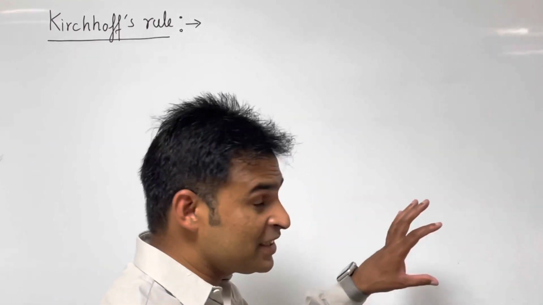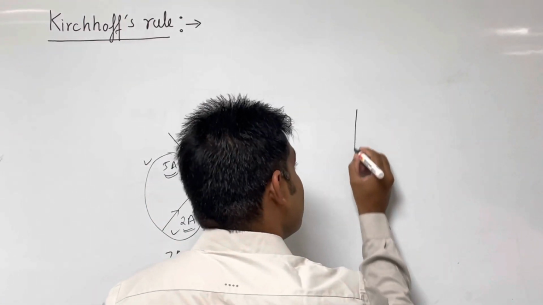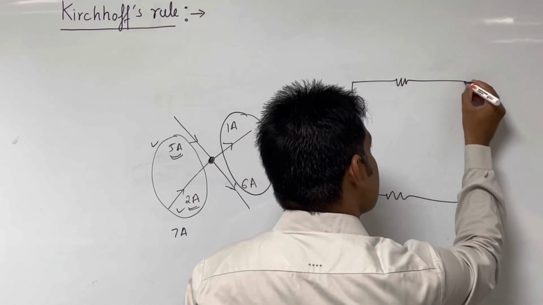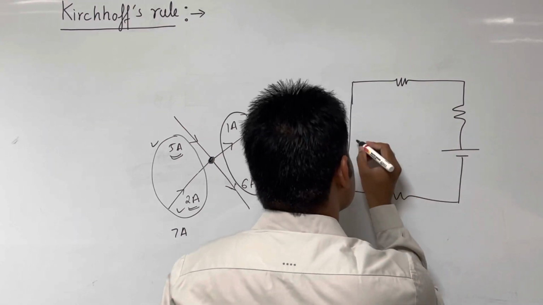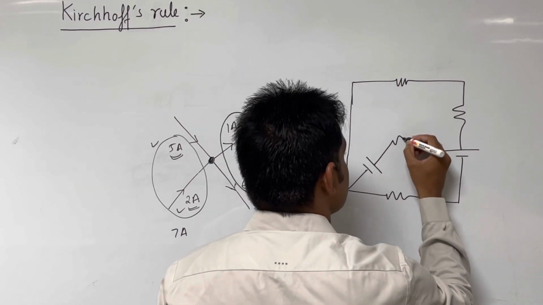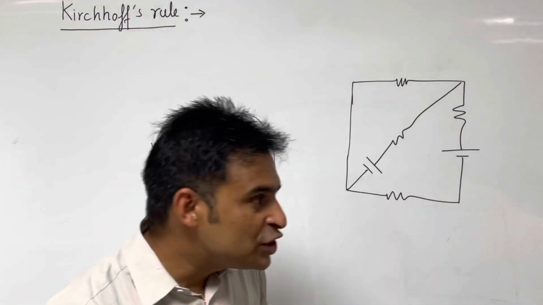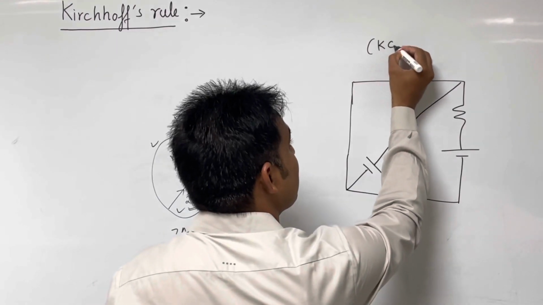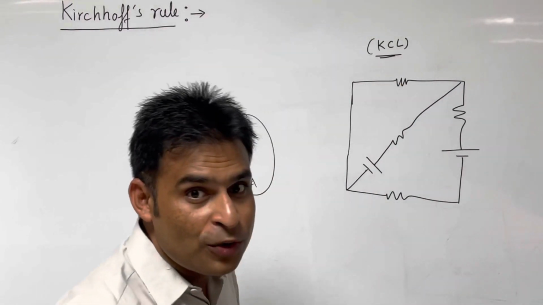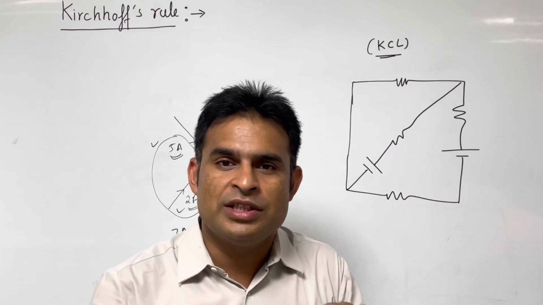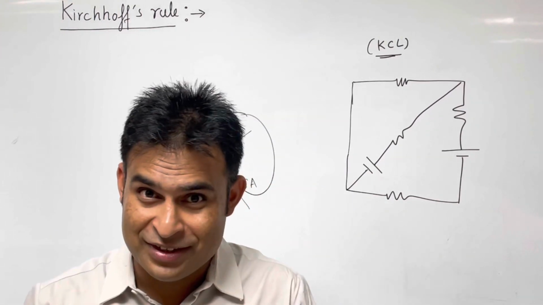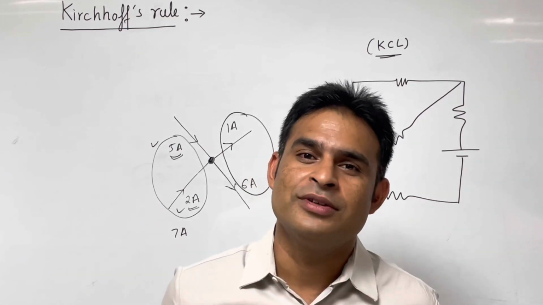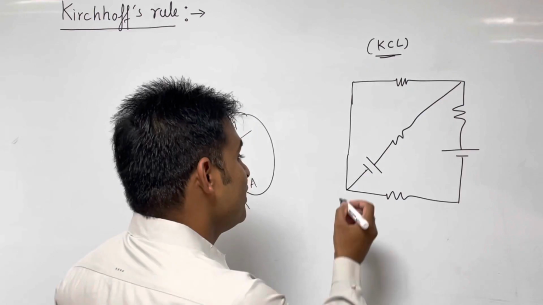But when we apply this in a network, for example, if I take this one. This is one network, this is resistor R. This is a battery, this one is another battery, and this is another resistor. I want to apply Kirchhoff's rule KCL in this electrical circuit. So I'll start from any point and just see the current distribution. But remember one thing, we have to keep in mind that incoming current at any junction should be equal to outgoing current.